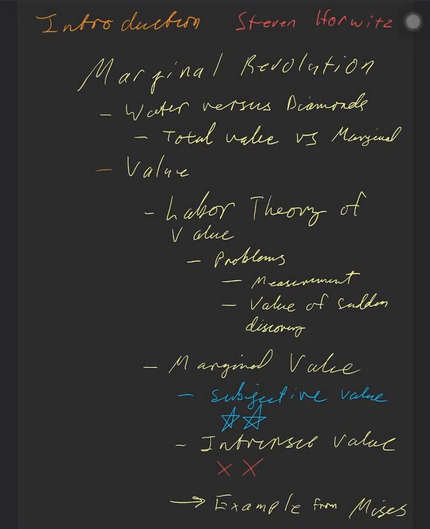So here's a video based on a book called Introduction to Austrian Economics by Steve Horowitz. I almost used this book as the course and kind of the backbone of the entire course. And that's because this book taught me more about microeconomics than I think maybe I have ever learned, but if not, close to it. So instead, what I'm going to do is extract a portion of this